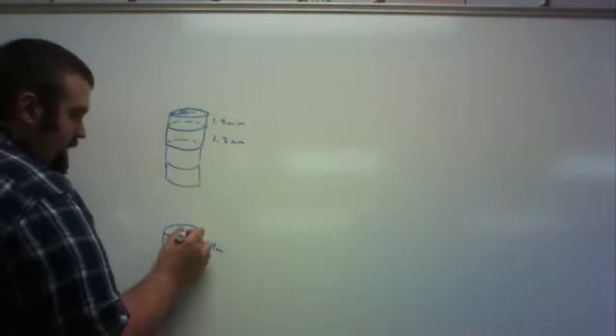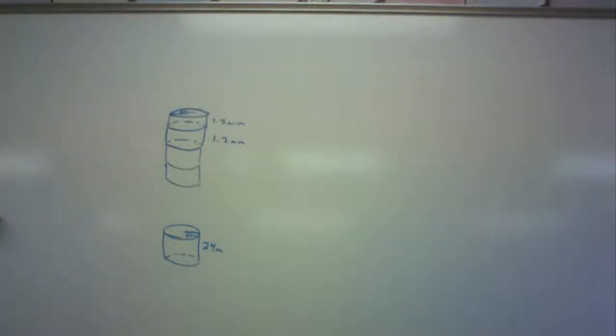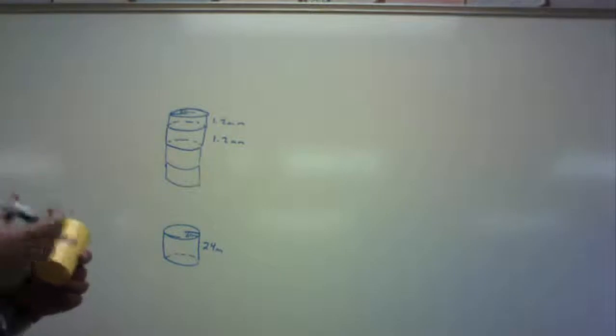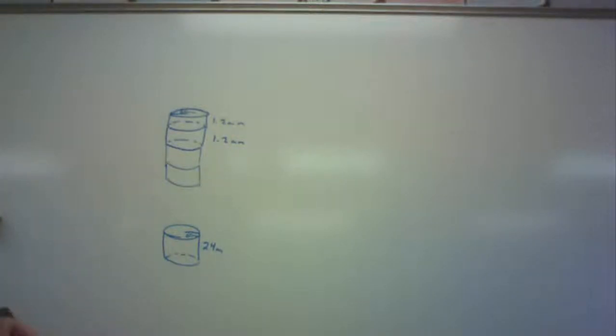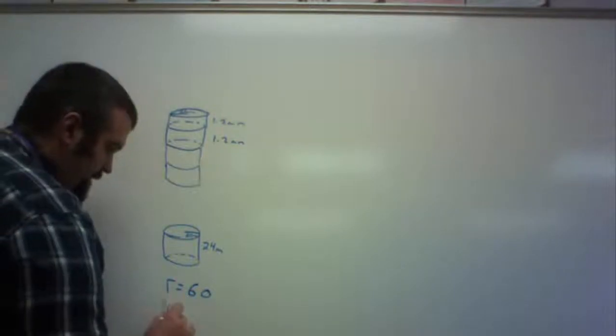They told me the radius was 60 millimeters, and they're asking how much shrink wrap is needed. Well, shrink wrap is around the surface of my cylinder, so basically they're asking me for the surface area. I know r is 60, I know h is 24,